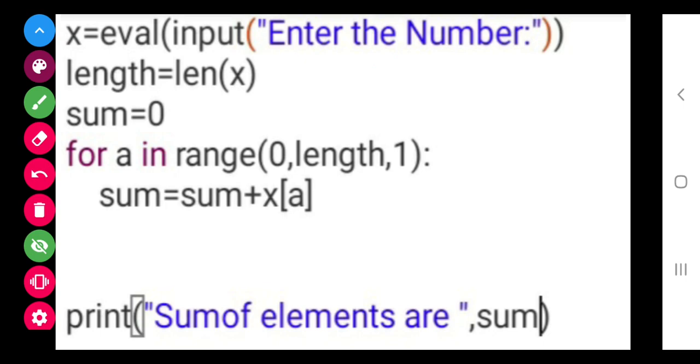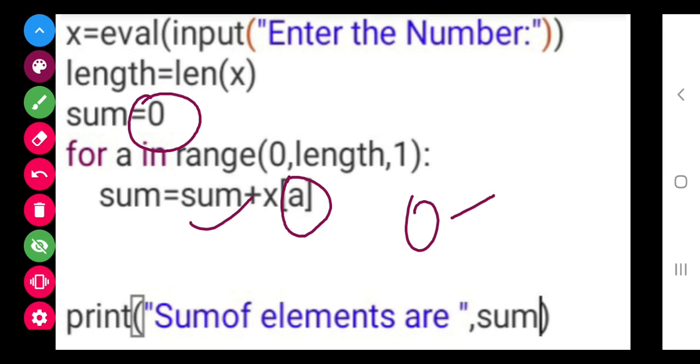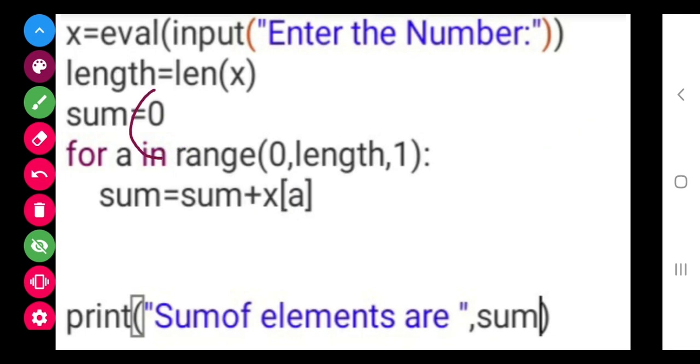Now the value of a for the first time is 0. 0 will get summed up with sum. We have to take sum as 0 because 0 is the identity for sum. If we add any number to 0, suppose 2, then it will result in 2 only. So first, initially, we have to give the value of sum.